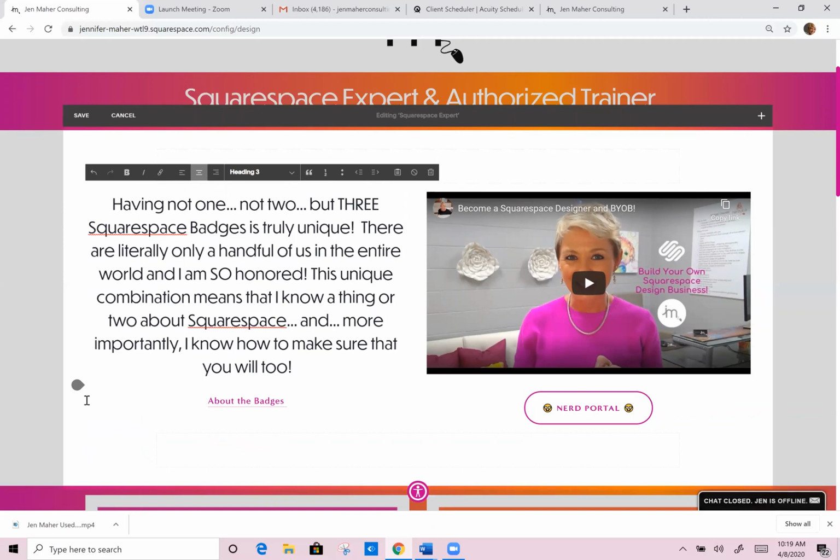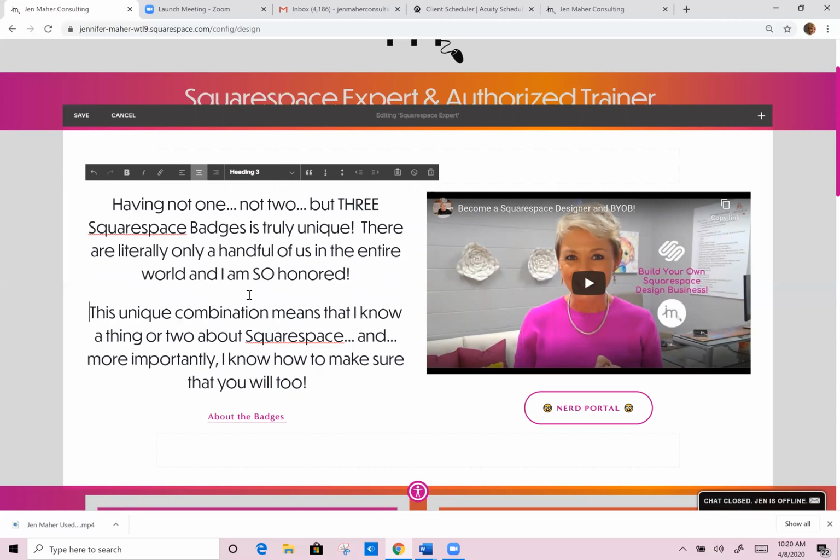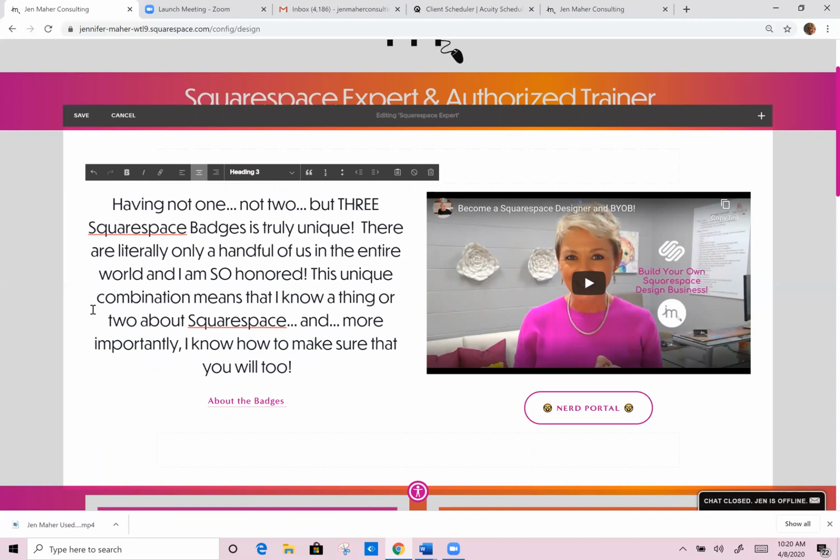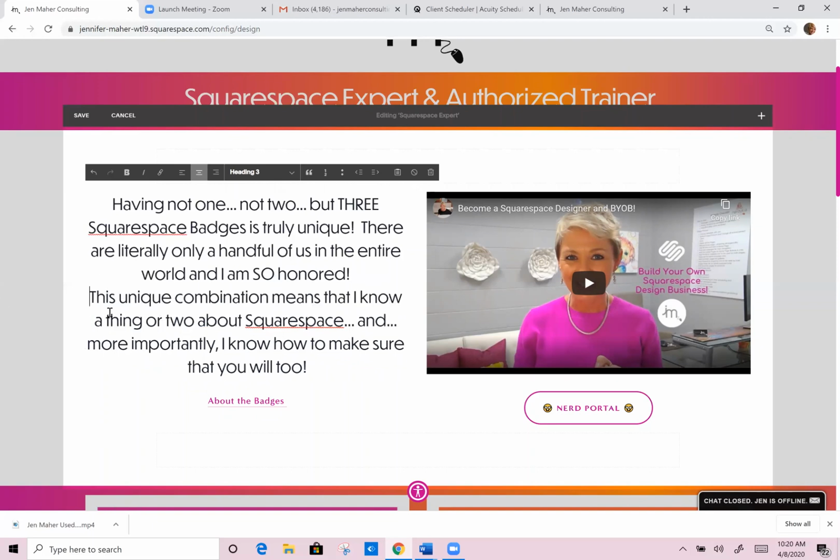That goes for copying too. I see a ton of people that write all of their content in Microsoft Word and then copy and paste it into their site, which is totally fine. But you're going to need to know that if you want something to be, for instance, a new paragraph, which means that it gives it a whole bunch of spacing, or if I want it to be tight, but just on a different line,